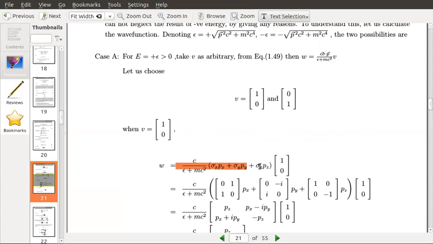Is this equation clear? It is the same equation. We have substituted 1 0 for V in this equation. This we will consider later for 0 1. First consider 1 0. Corresponding to 1 0, what is W? That is the question. And then corresponding to 0 and 1, what is W? That is another problem. So I think this equation is clear. Is the equation clear?